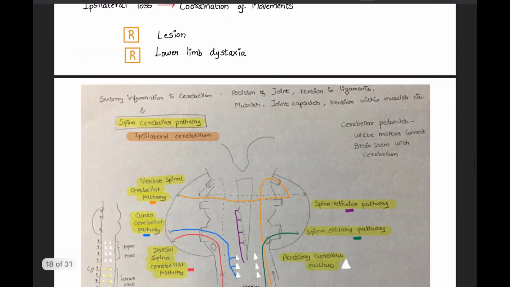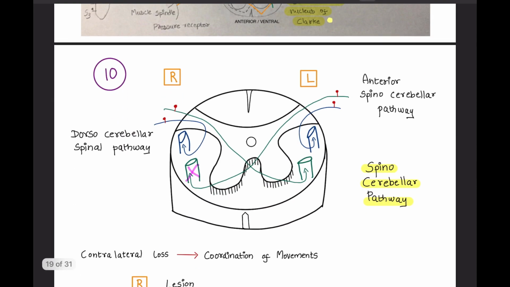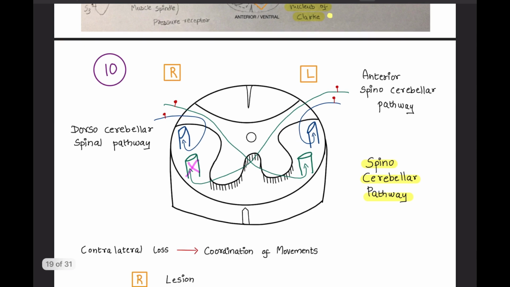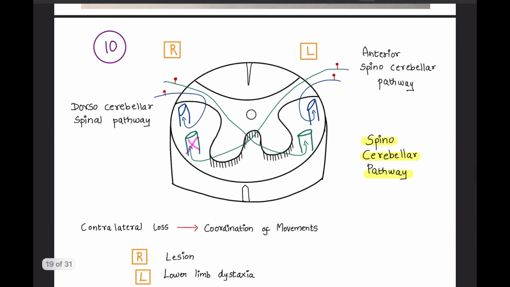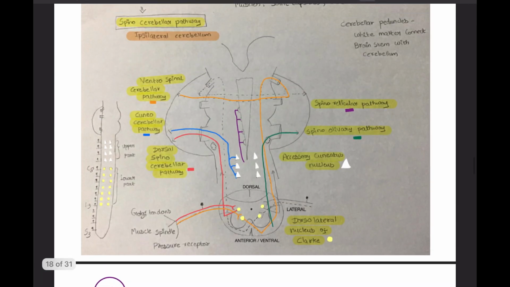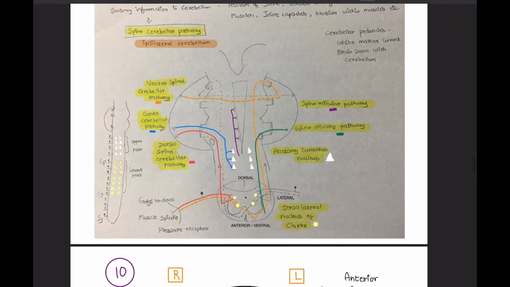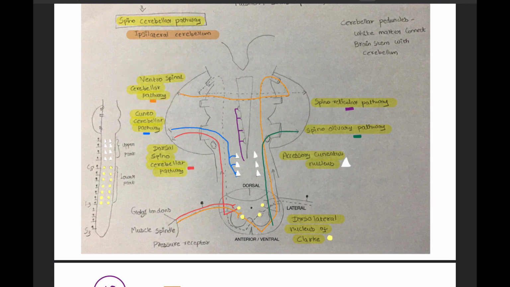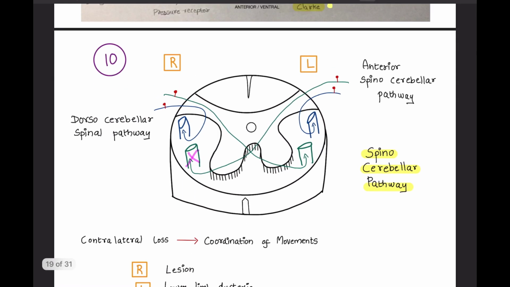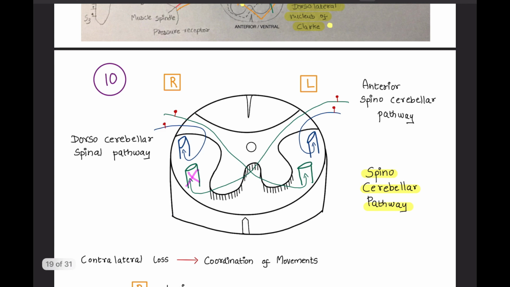Then in the next case, the lesion is in the anterior spinocerebellar pathway. So first see the anterior spinocerebellar pathway. Where is this anterior spinocerebellar pathway? Anterior, also known as ventral. So here is the anterior spinocerebellar pathway. The sensory nerve fibers cross and they go upwards. Ventral spinocerebellar pathway, also known as anterior spinocerebellar pathway. So the clinical features will be contralateral,